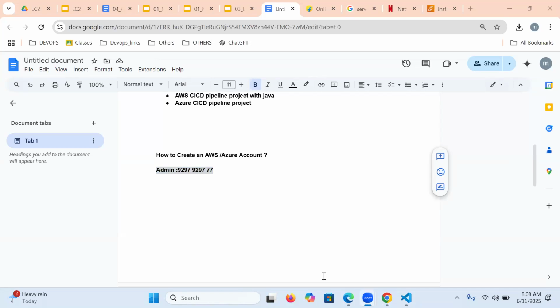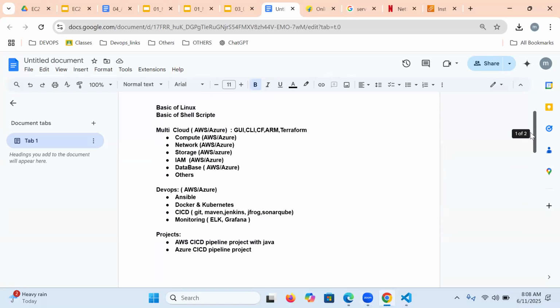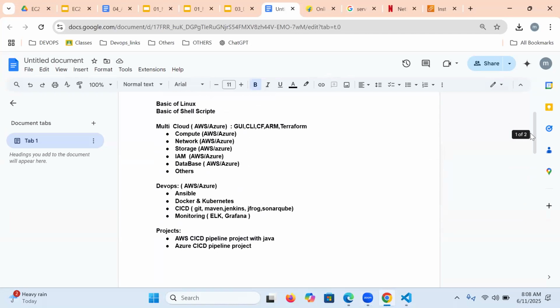I have one question, sir. In this course, will it cover Azure API management and Azure Data Factory? No, purely it is from an administration point of view. In AWS, in the cloud, there are a lot of models and a lot of things, but we're covering only the administration part.